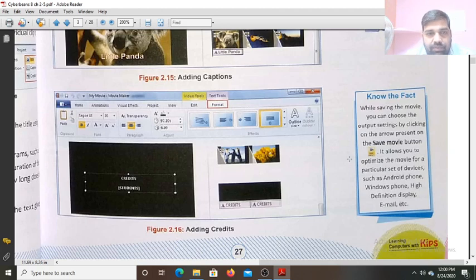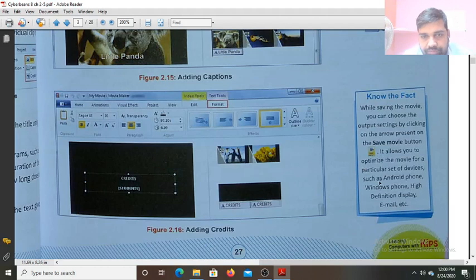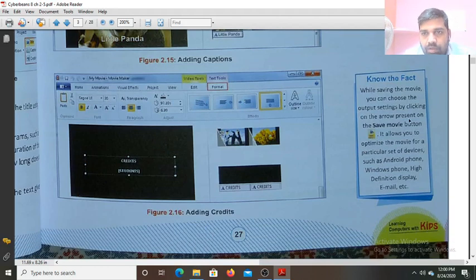When you click on the save movie button, it allows you to optimize the movie for a particular set of devices such as Android phone, Windows phone, high definition display, email, etc. So this means that while saving the movie, you can choose the output settings by clicking on the arrow present on the save movie button.